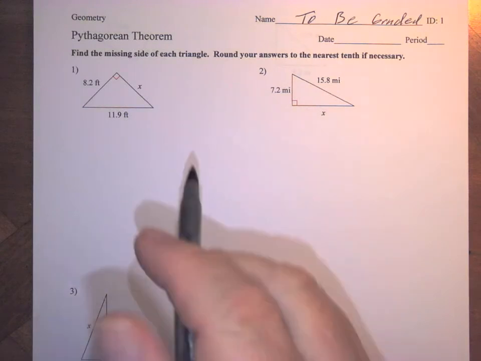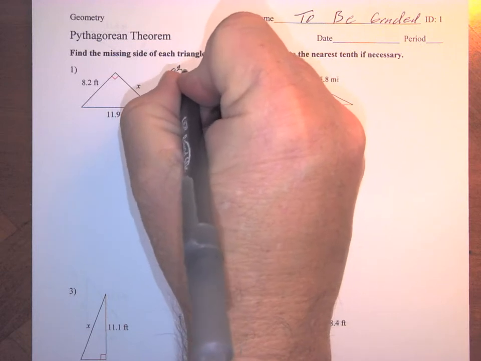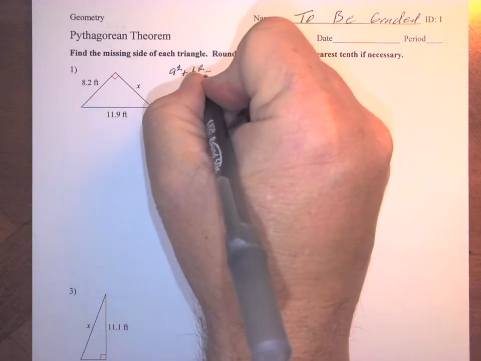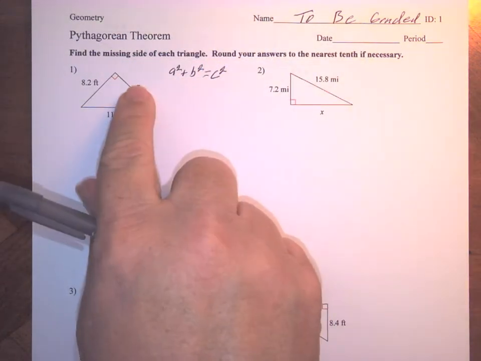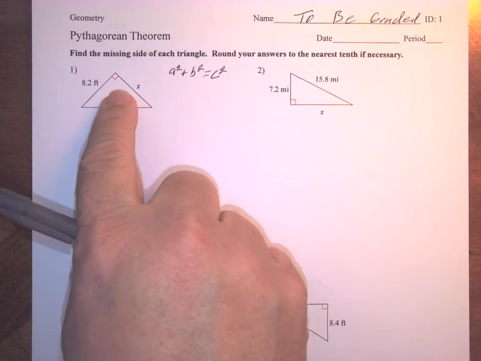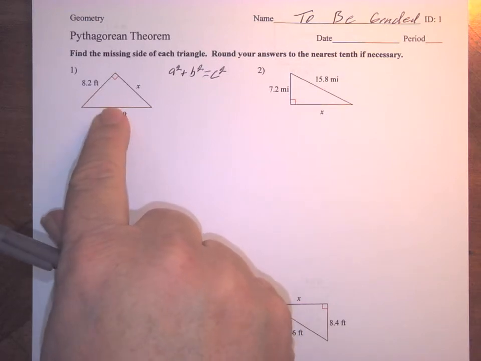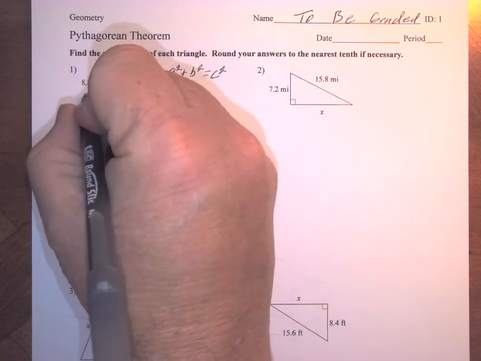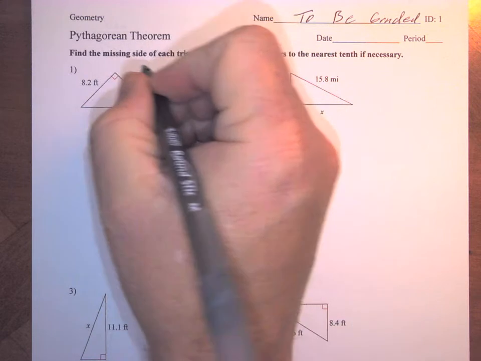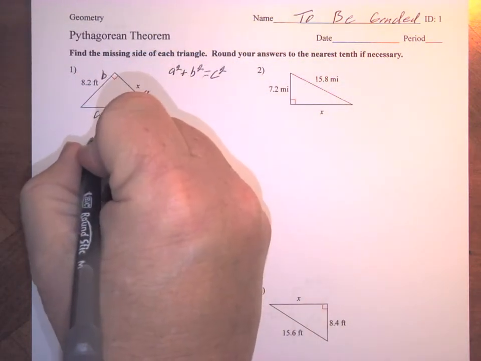Anyway, remember the Pythagorean Theorem says a squared plus b squared equals c squared, where c squared is always the hypotenuse, and the hypotenuse is always across from the right angle. Okay? So, in problem number 1, we would set it up. We've got, let's say this is A, B, and C. We would set it up and say x squared